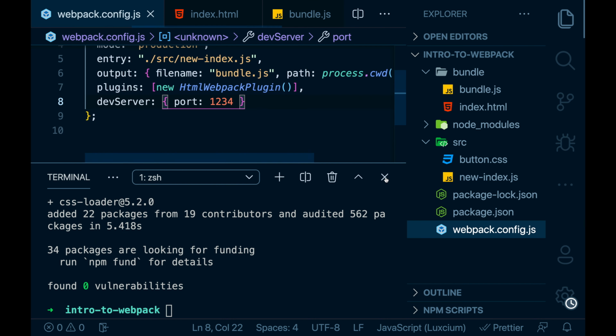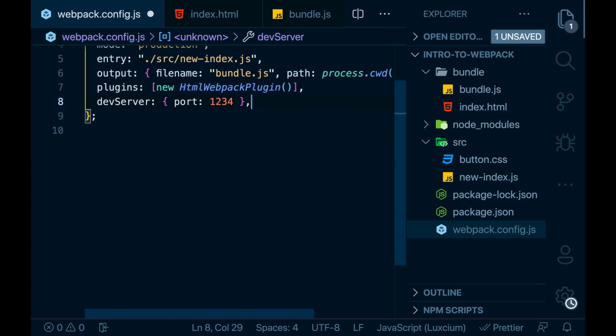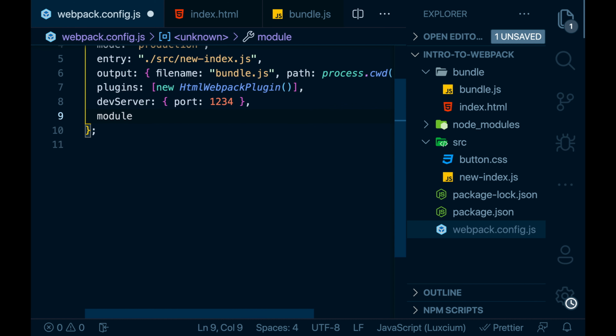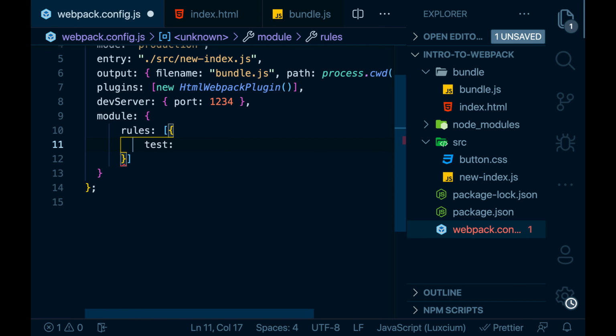In config.js, I'll add a new loader by saying module. Module consists of rules. Rules will be an array. I make use of test property. I need to match the file with extension .css.